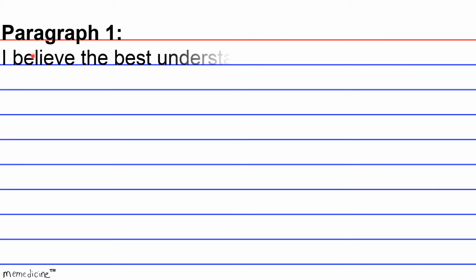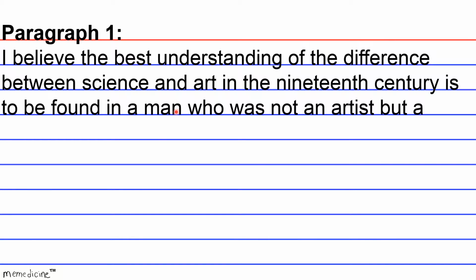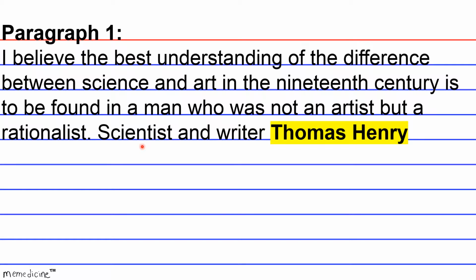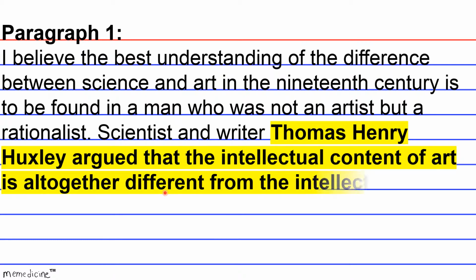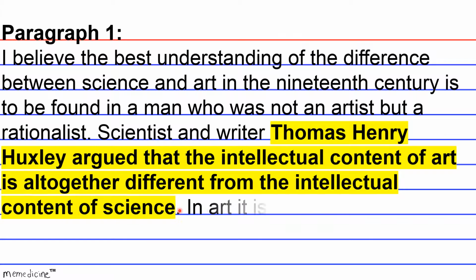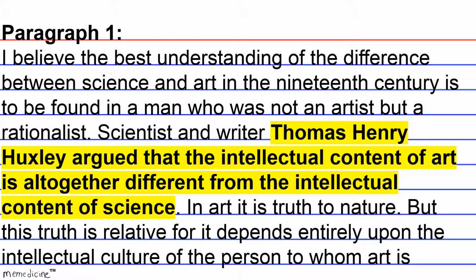Paragraph 1. I believe the best understanding of the difference between science and art in the 19th century is to be found in a man who was not an artist but a rationalist. The scientist and writer Thomas Henry Huxley argued that the intellectual content of art is altogether different from the intellectual content of science. In art, it is truth to nature, but this truth is relative, for it depends entirely upon the intellectual culture of the person to whom the art is